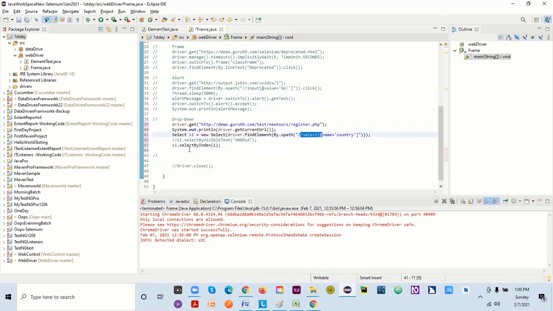What I want to do is make sure how many items are there. So I can create a WebElement, and I can give it any name, for example dropdown.